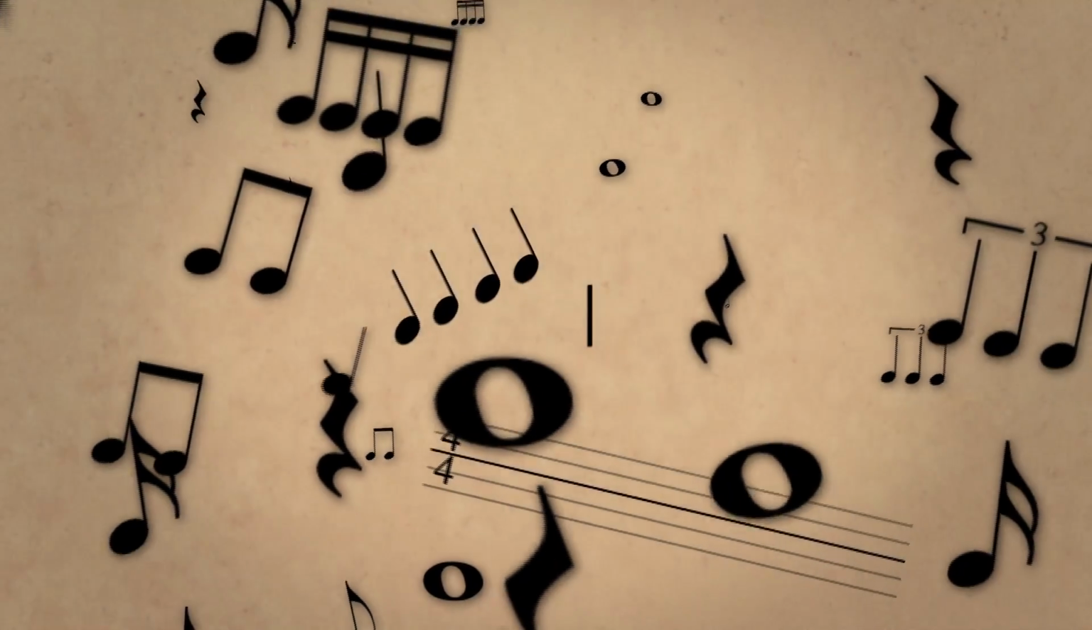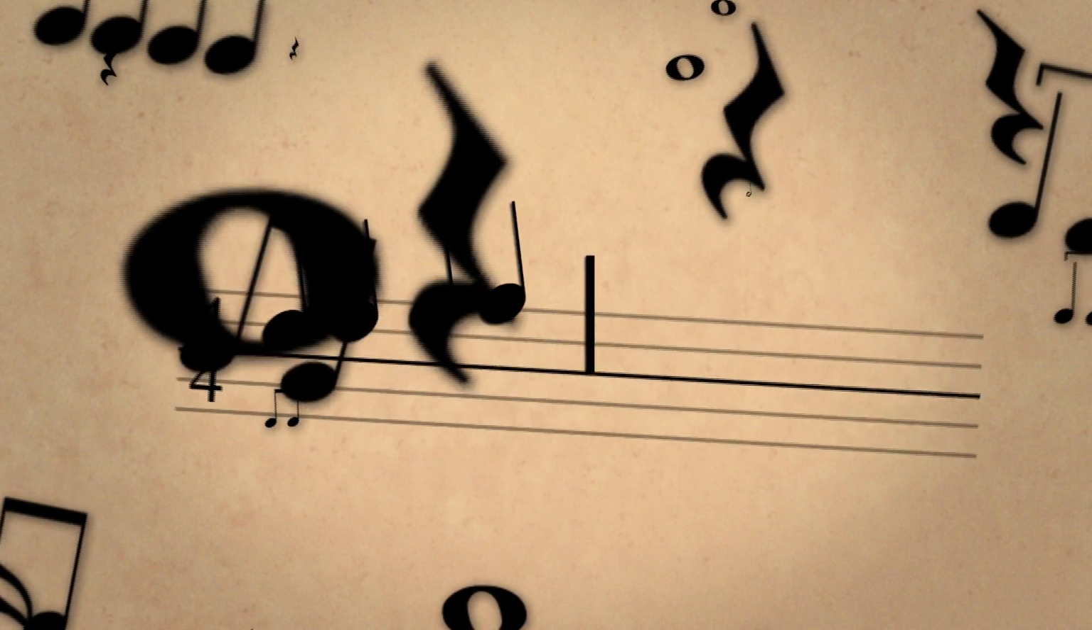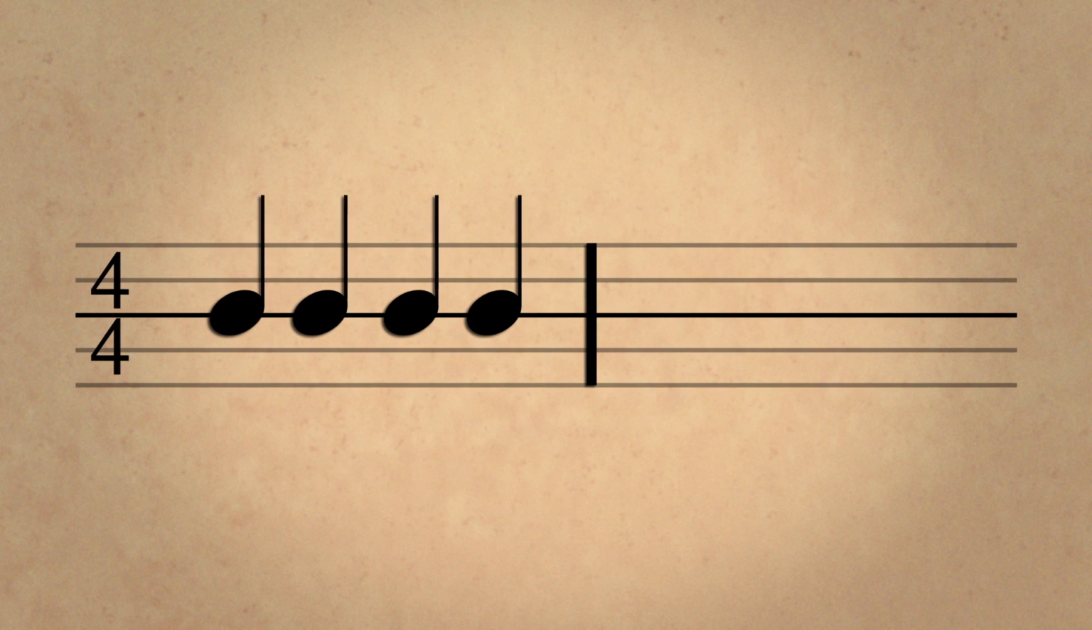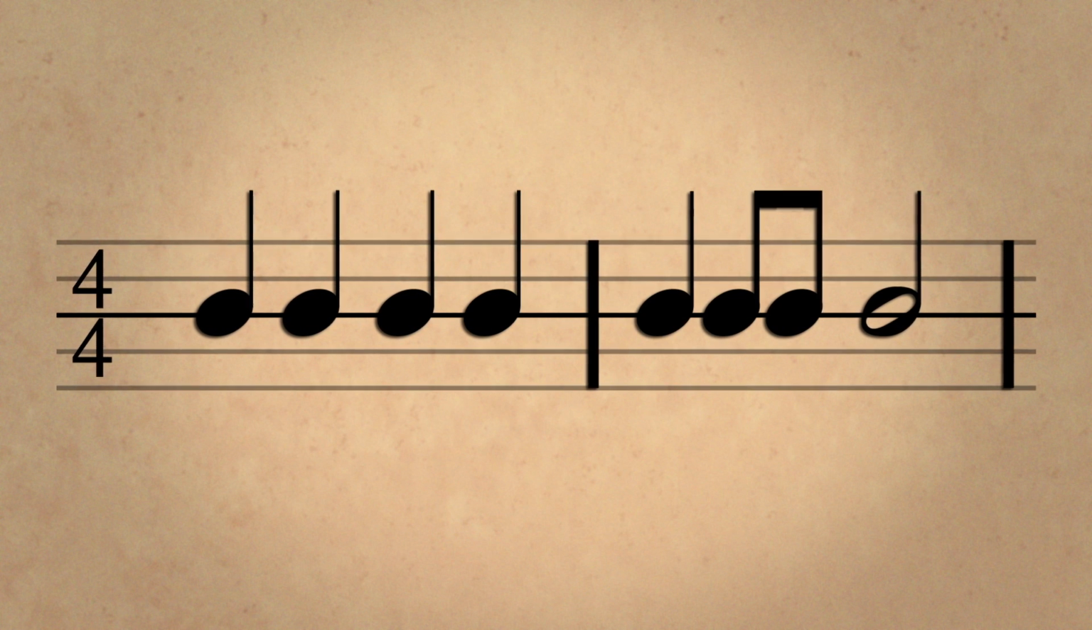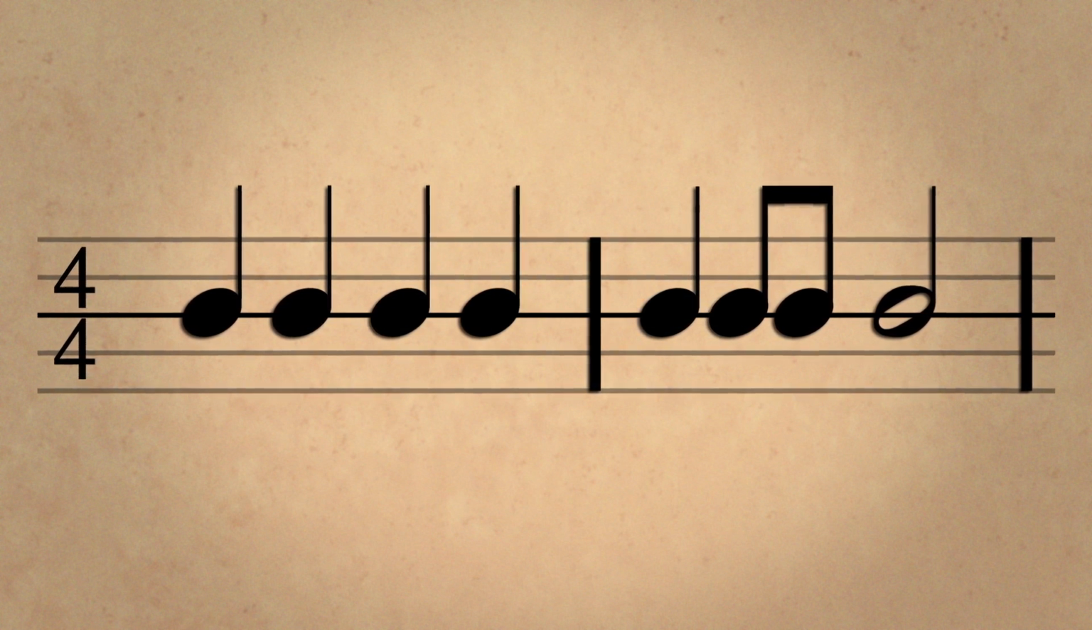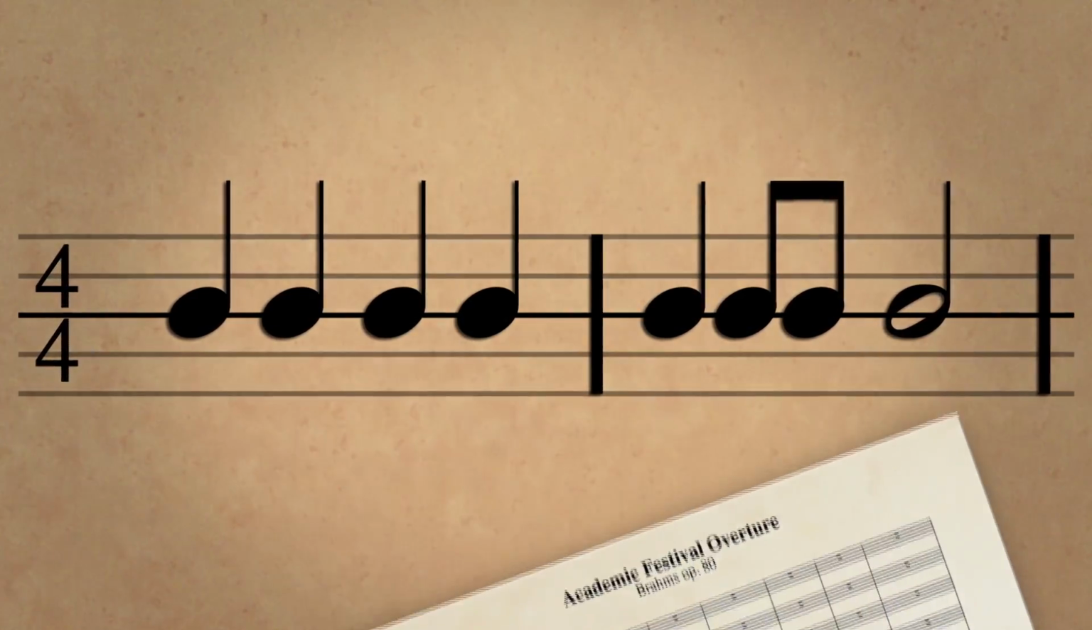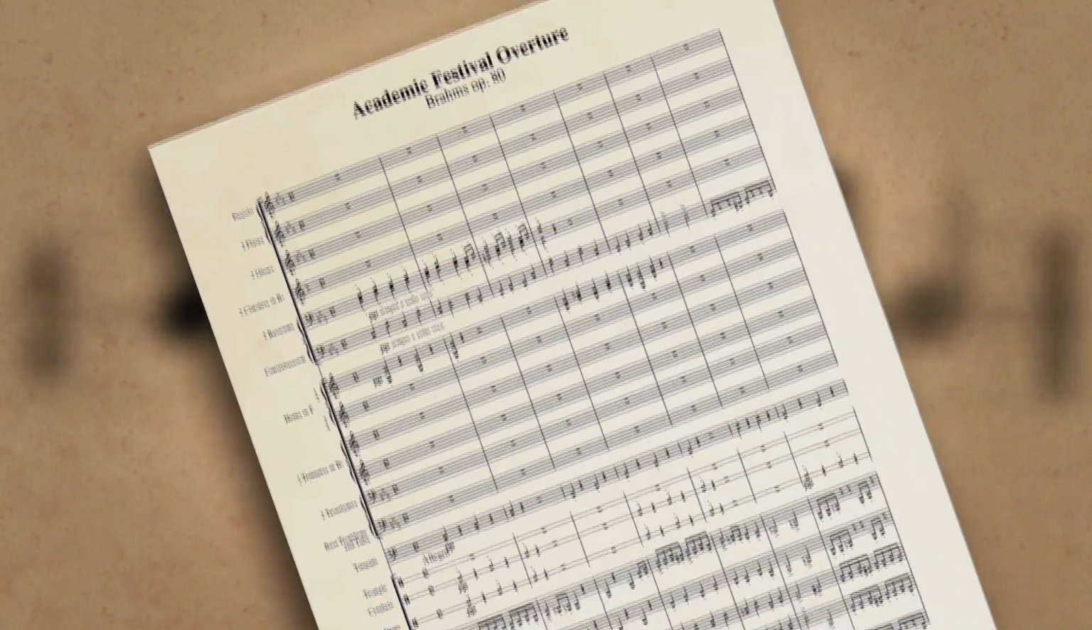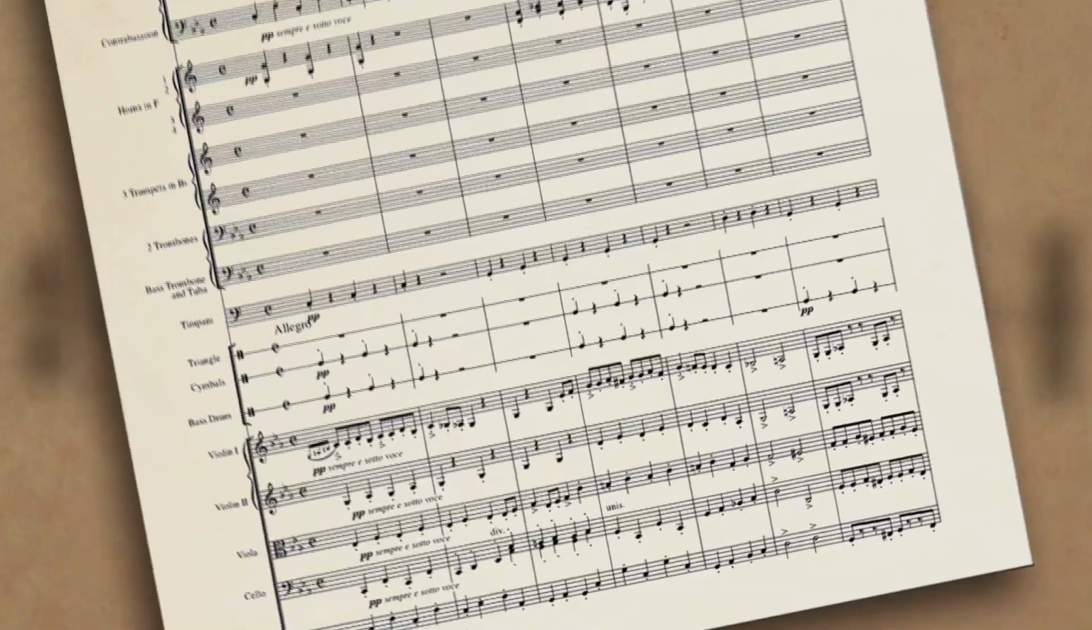When any of these notes are notated, they create a rhythm. The 4 quarter notes become a regular rhythm, while if we mix up different note values, we create a less regular rhythm. For example, if we listen to the opening of the Brahms Academic Festival Overture, we see a variety